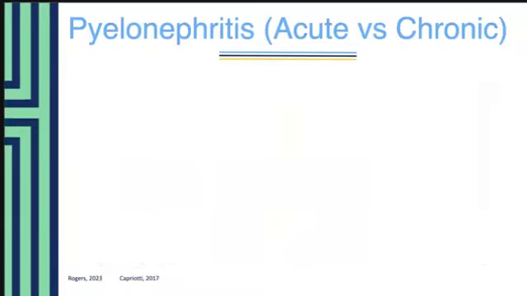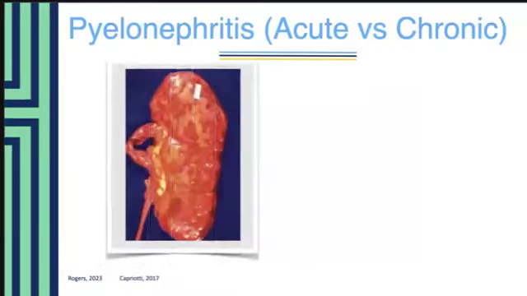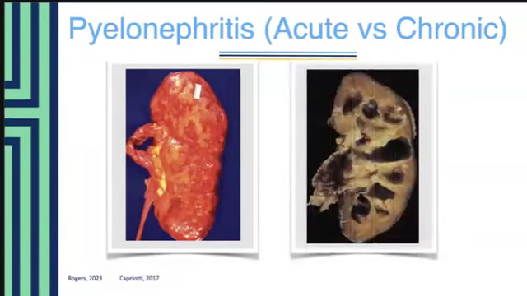Now, the first photo, another photo, and this is again from one of those resources from the library you can find. I just thought it showed a little bit better. In the first photo, you can see there's lots of reddish areas that indicate that scarring. Whereas in the second photo, you can see the severe dilation of the calyces as well as the atrophy and